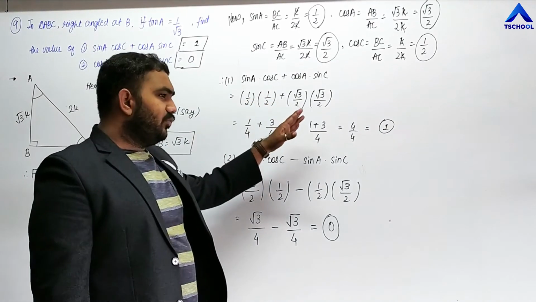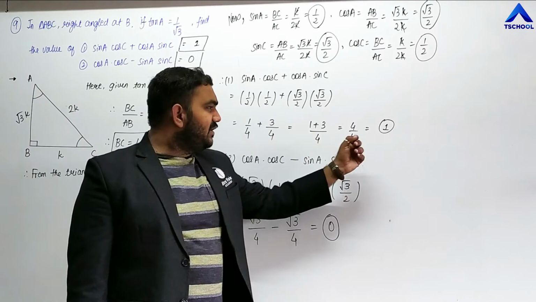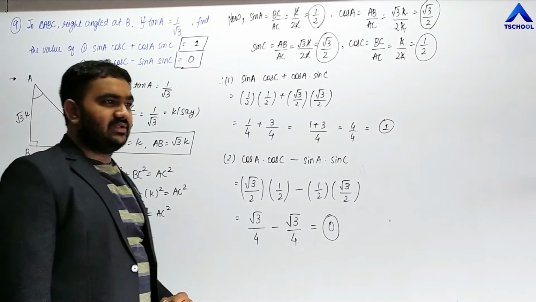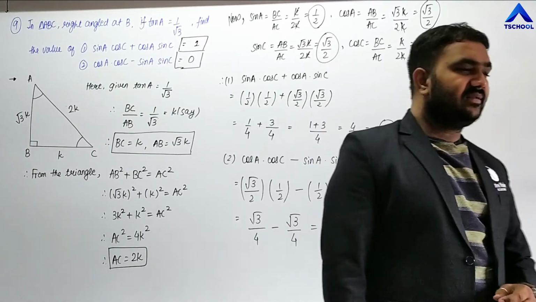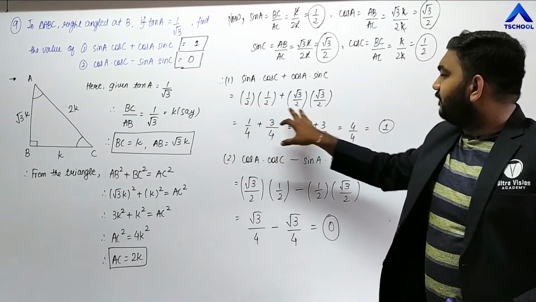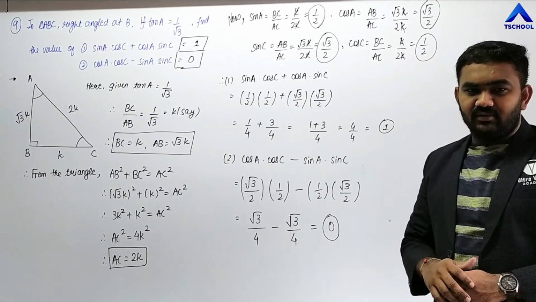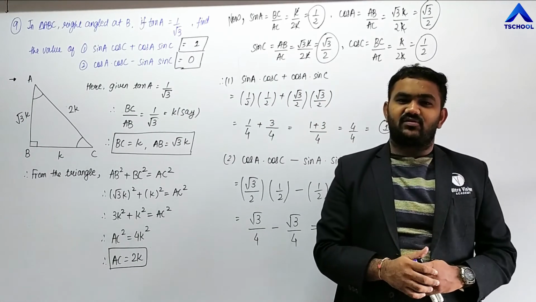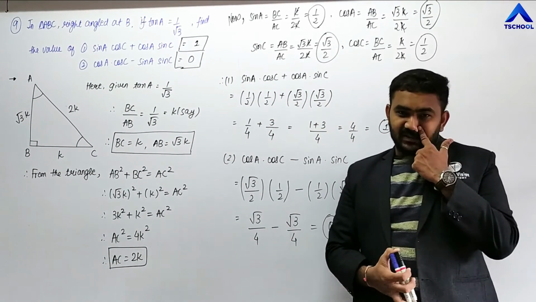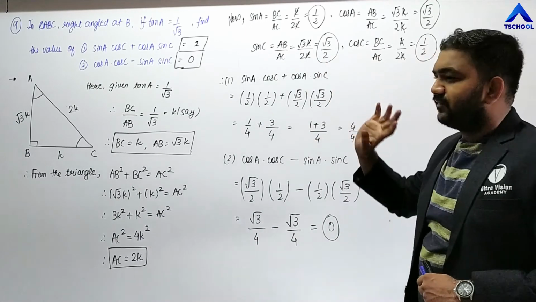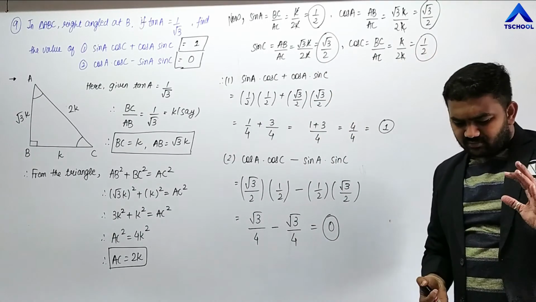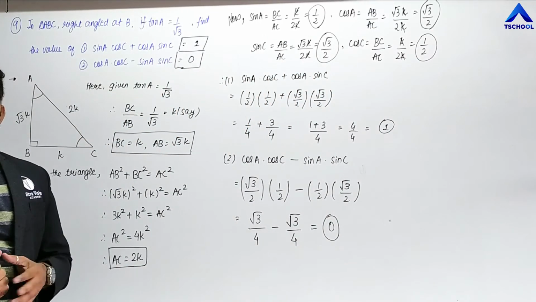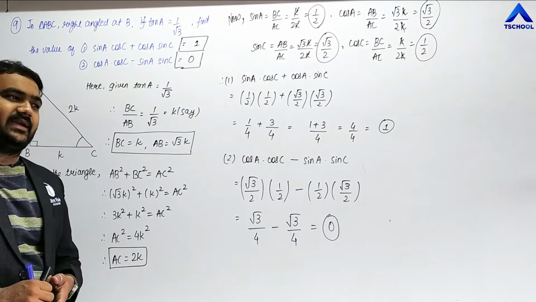The values that you put will be simplified here and you will directly get the answer. See, if you do not find out these ratios in the first place, then you need to find out the ratios differently here again. You will go for sin A is this. That means there is a chance of making a mistake here. But if you find out the values first, then there is the least chance of making mistakes in finding the ratio or applying any ratio.